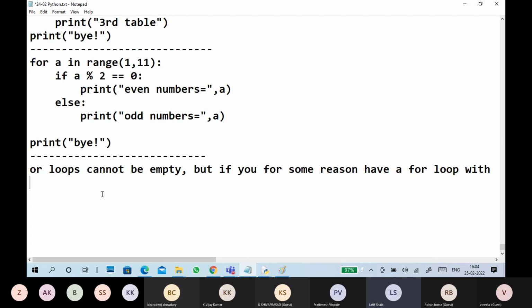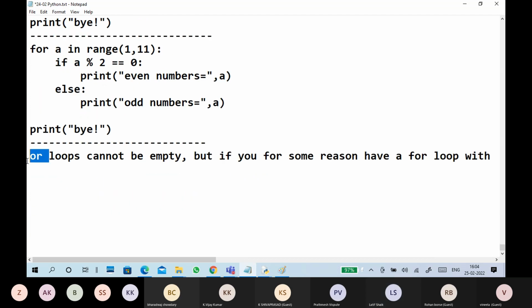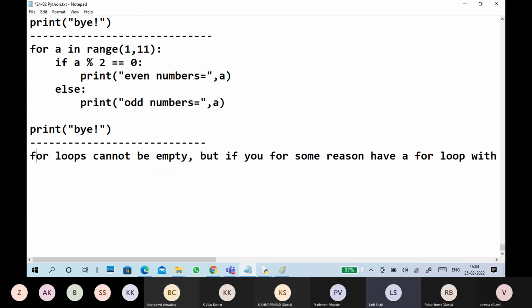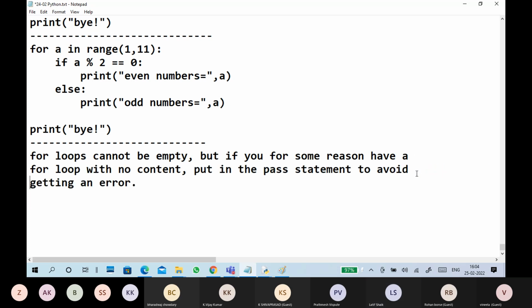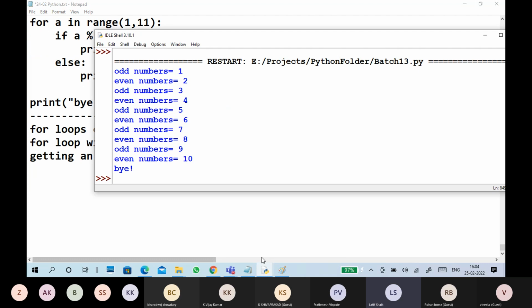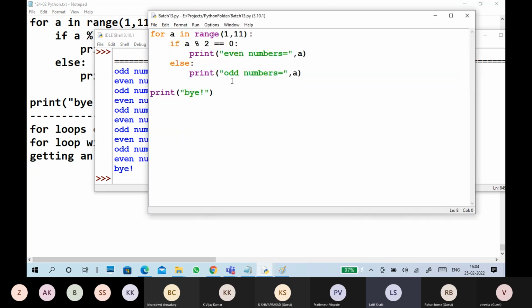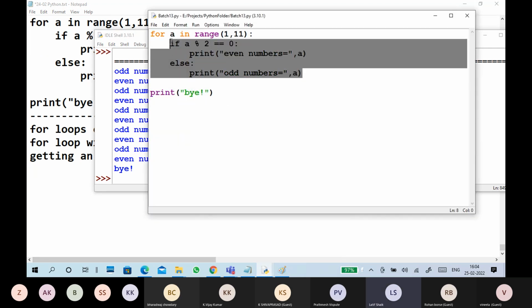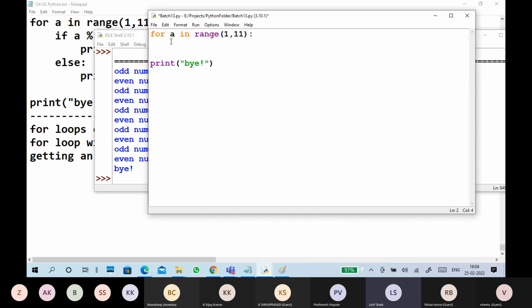You are writing a very big script. You put something, but the remaining statements you are going to implement, and it will take time to write the remaining statements. So what happens if you don't give anything like this?